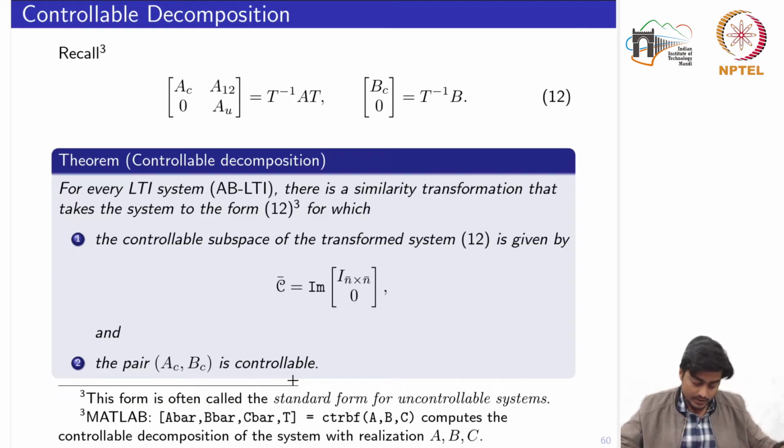Okay, so next we'll see the proof of this, that how the rank of this controllability matrix, or let's say the dimension of this subspace, is equal to n bar. Okay,